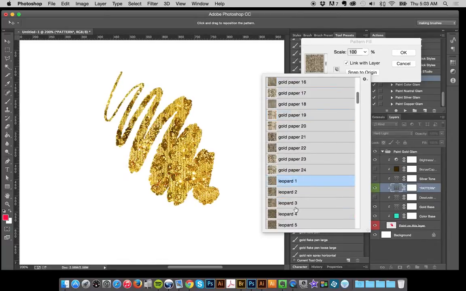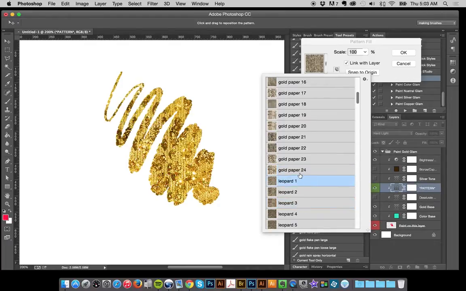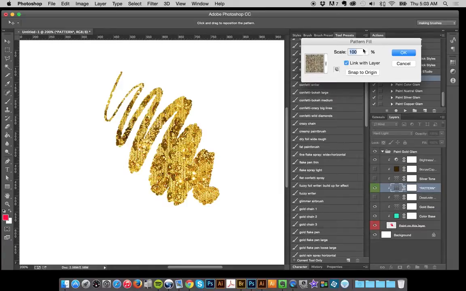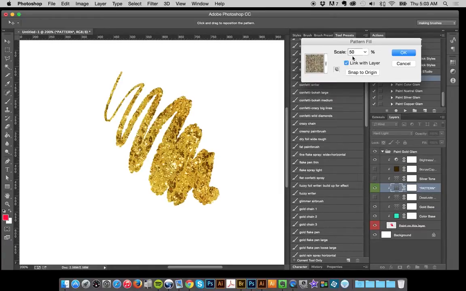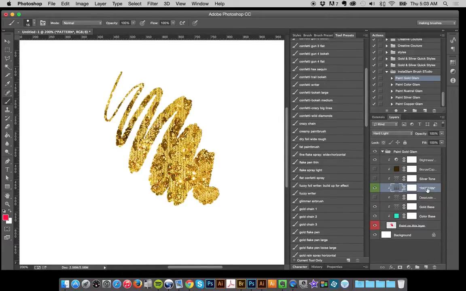So it's really fun, really cool. You can't beat it, and it's non-destructive, and you can change your mind anytime. And you can even change the scale of the pattern if you like. Put it down to 50%, leave it at 100, whatever. So there's the pattern layer. And so that's it. It just makes it really easy,